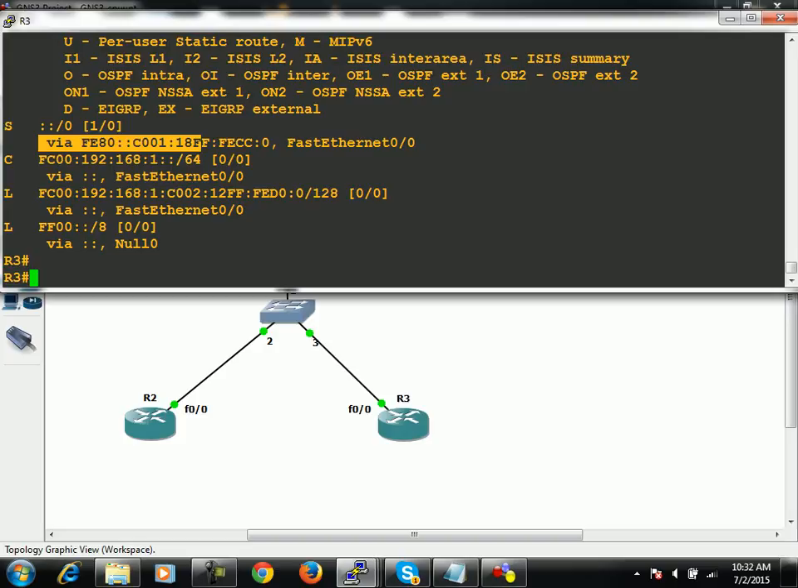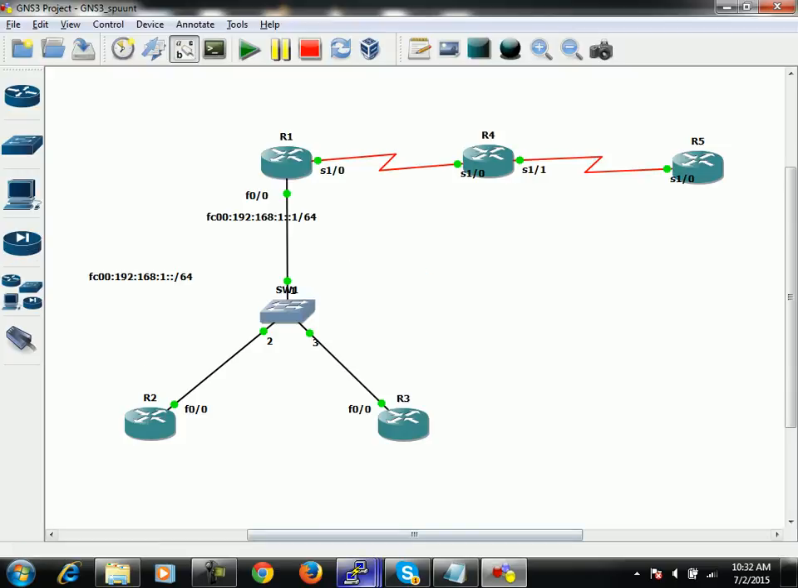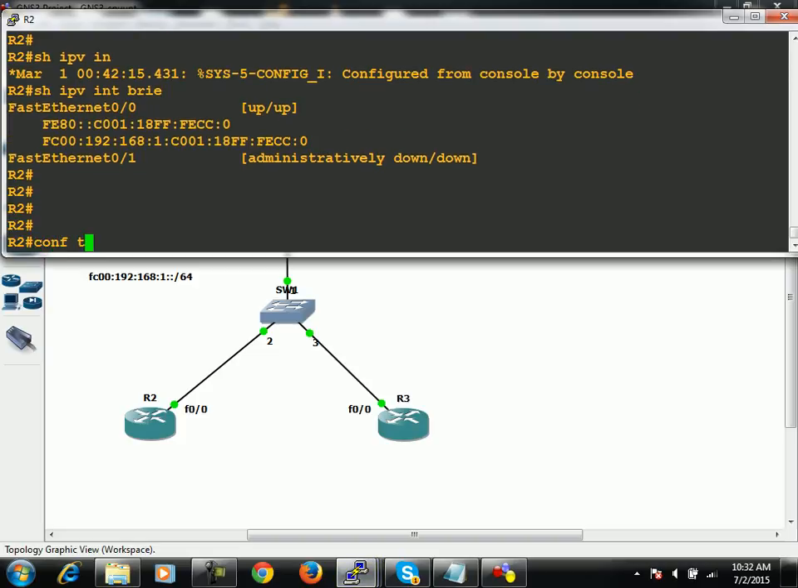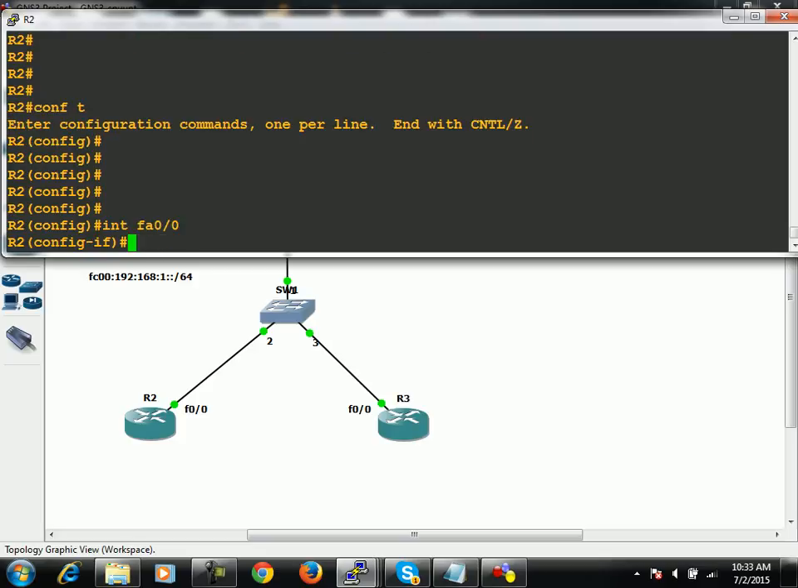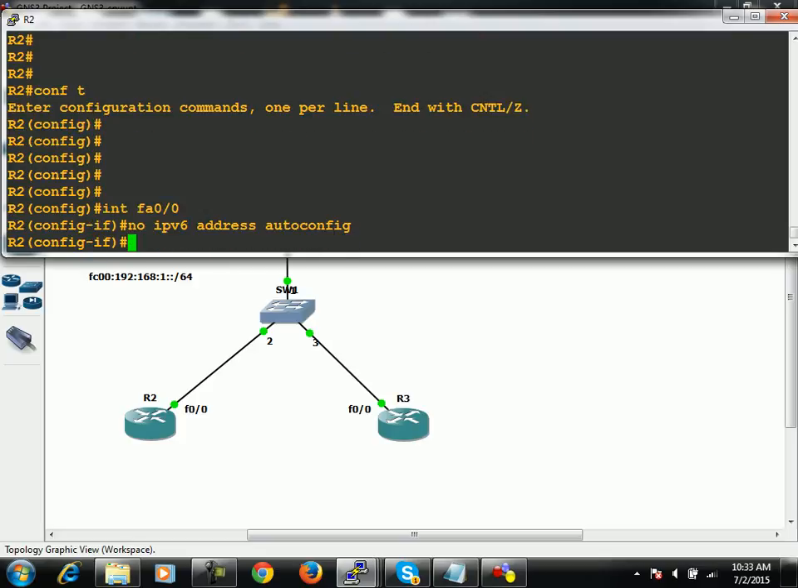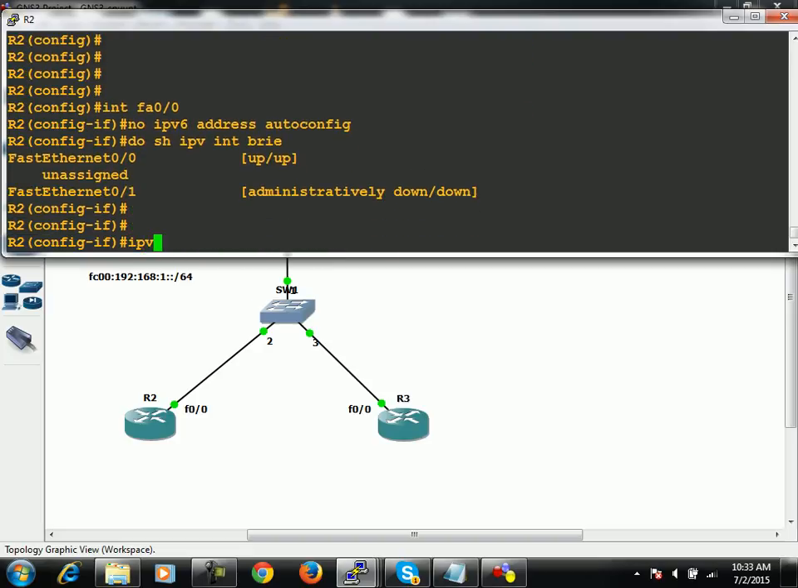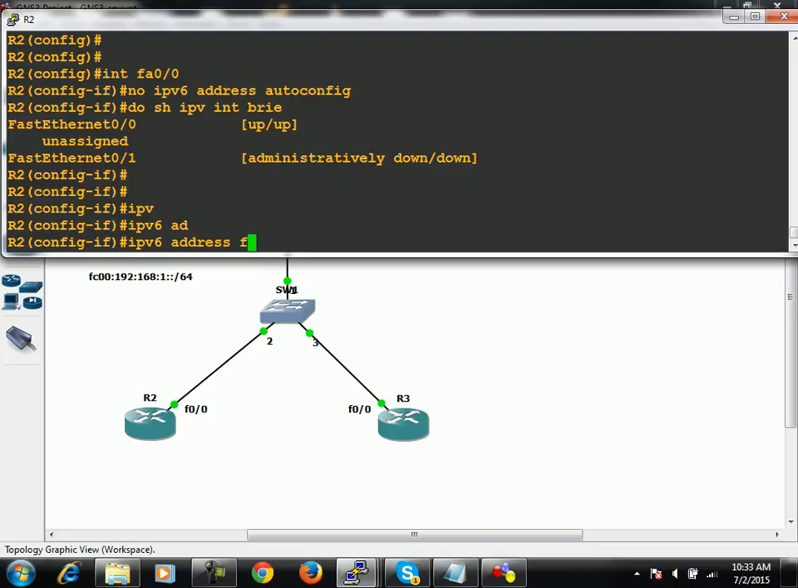Okay, so after going through all these things, now let me tell you that even without using auto configuration, you can do this type of configuration. For an example, on R2, you can say FA0/0. I'll remove it. Do show IPv6 interface. In place of it, you can say IPv6 address FC00:192:168:1 dual colon slash